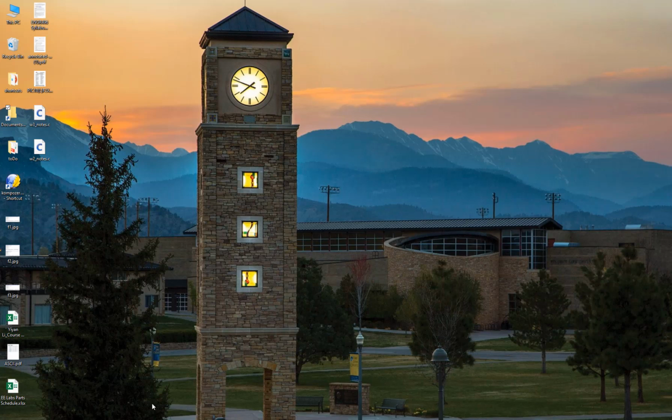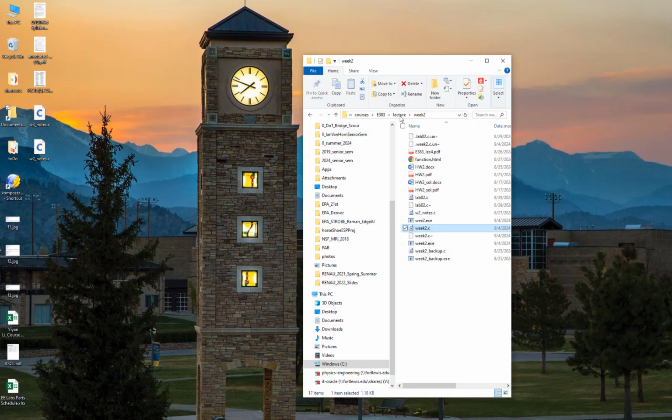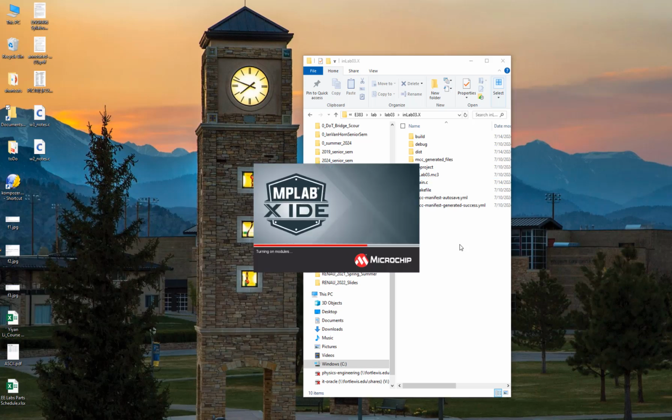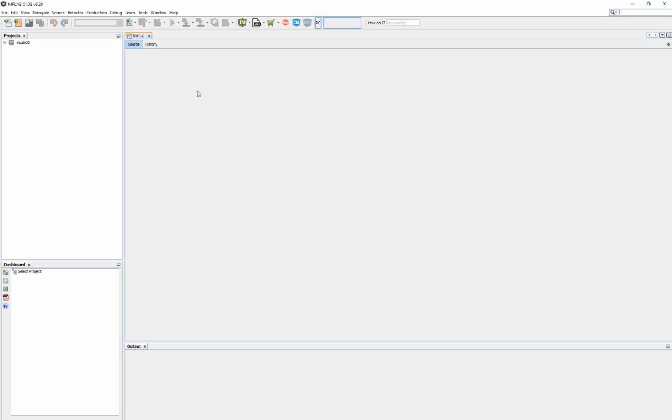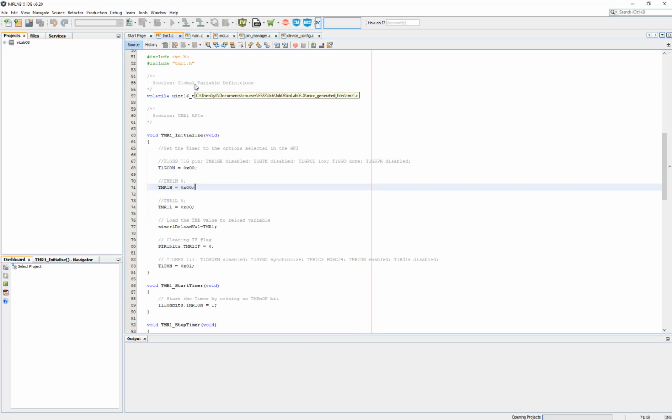So let's open up, I think this is lec7. Let's do the in-lab first. We have to look into all these MCC files, so that's why I have to open up the IDE. MCC is a configuration environment at the very beginning of the project. Starting from lab 3, you have to go through the MCC configurations at the very beginning of the lab, which is